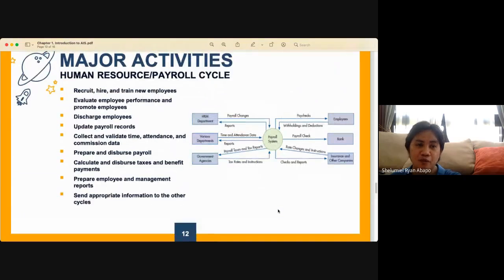Now, the third one will be the human resource payroll cycle, which starts with the recruitment. And then upon recruitment, evaluation, whether the particular employee hired will graduate the 6-month probationary period and will be regularized. The evaluation will be on employee performance, and this evaluation standards the employee should have been apprised ahead of the evaluation. Meaning, if walang na-mention kay employee on the standards how he will be evaluated, or there's no mention that may kailangang evaluation na gagawin, then there's already a presumption that